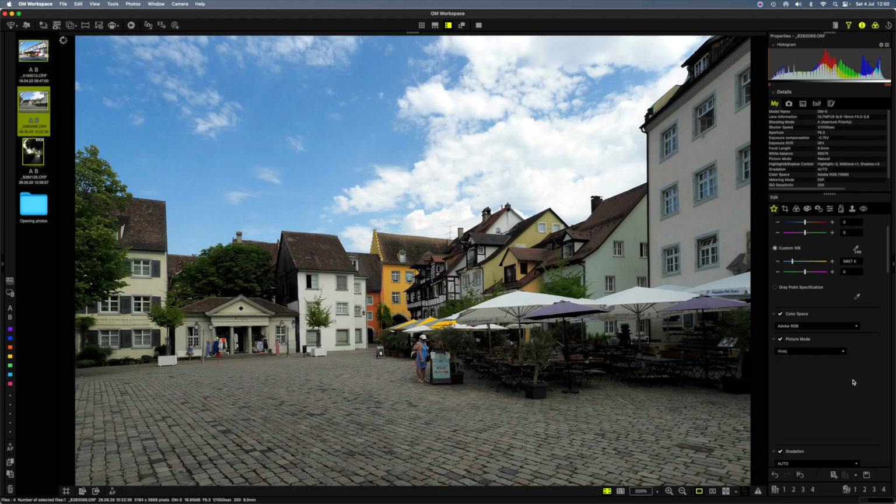Just sit back and enjoy this image. And you can do this when you have time. Go to your raw files, change the camera setting, because what you do in the raw file in Workspace is you change the camera setting to vivid and look at it and enjoy this and get used to the differences in picture modes. We can go, for example, to muted.